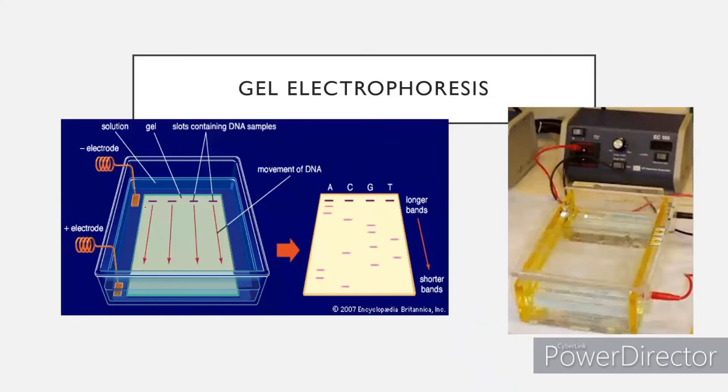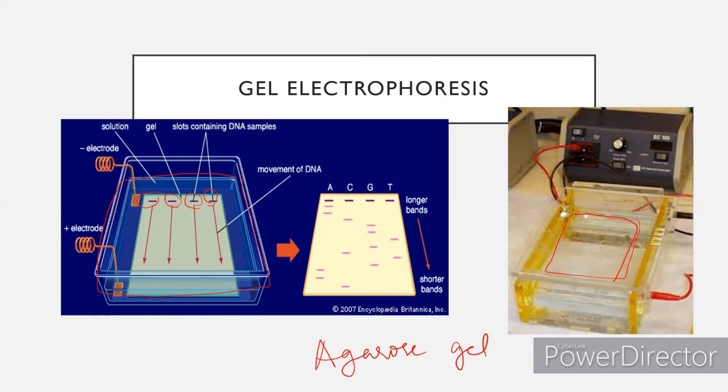Okay, so this is how gel electrophoresis looks like. I've explained it in my previous videos also. So we have these wells here. In these wells, the DNA is actually loaded. And this light blue colored part that you're seeing is nothing but the agarose gel. It's translucent here. So this is referred to as the agarose gel, which is the matrix.